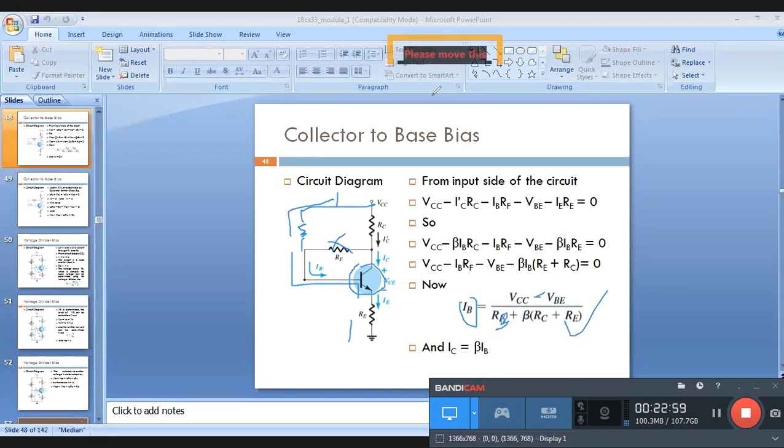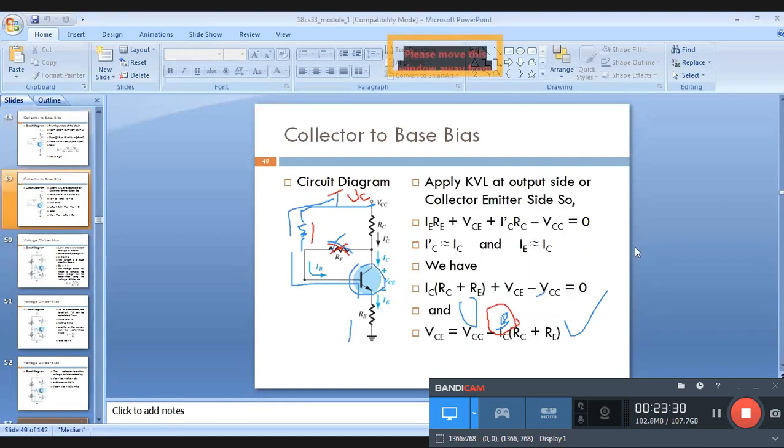When IC is equal to beta plus 1. See here, while taking this input voltage, don't get confused for the IB values, RB values. You can delete this and use the RB values. This is for the resistor. Here it will be connected to short circuit for the VCC. See here, in the VCC also, you can see this.